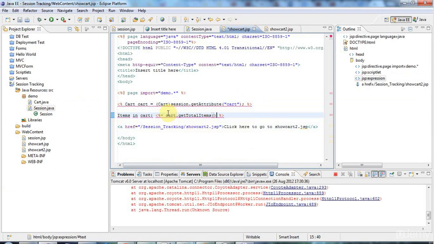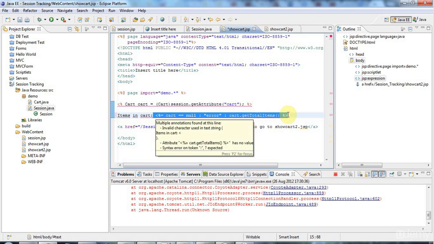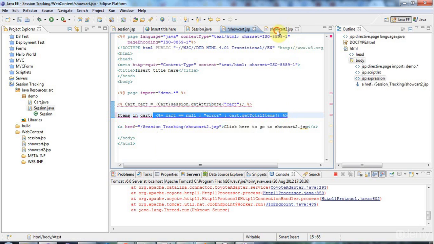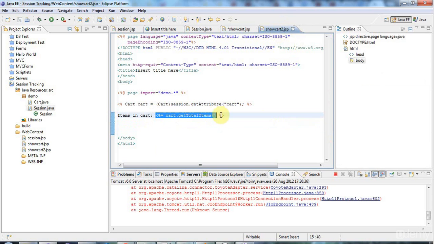I'll say here, cart equals null, and if it does I'll just output error or something more creative, and if it isn't null, then I can say cart.getTotalItems, and let's just copy that and paste that into showcart.jsp. And now I can at least say that,